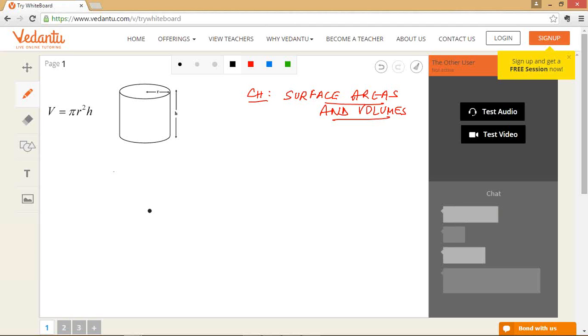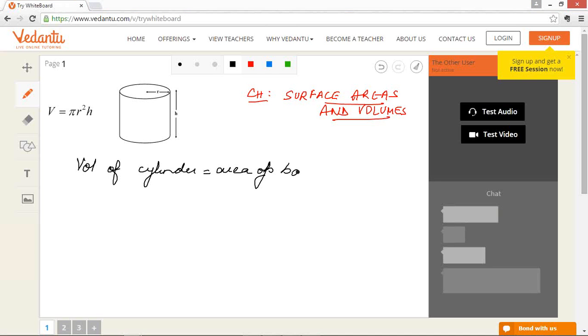So in today's class, I'll quickly revise the formulae of the 3D figures that we have done in the last class, specifically the cylinder and the cuboid, and then we'll start with the questions based on this cylinder and cuboidal questions. So as we did in the last class, volume of cylinder is